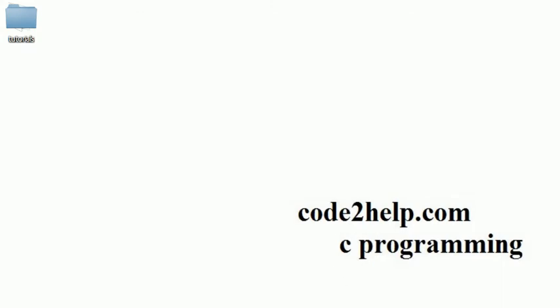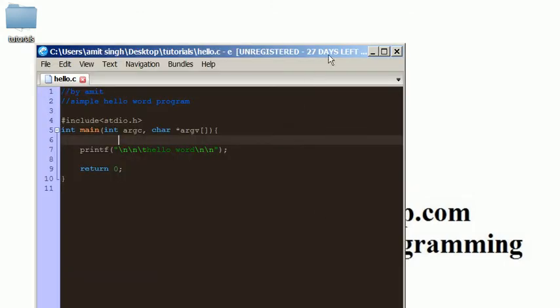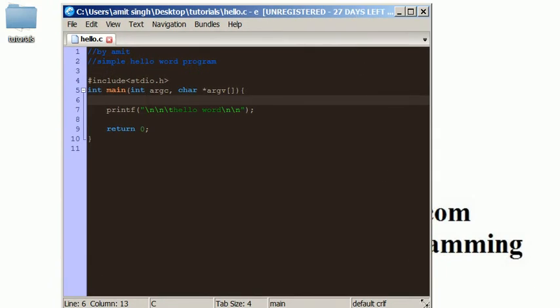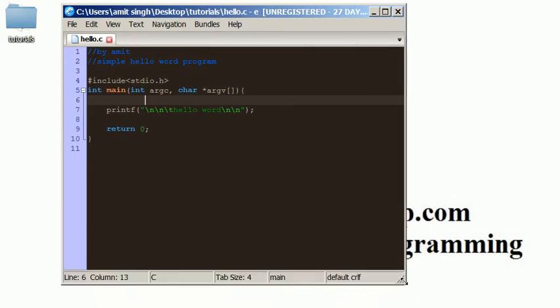So in the previous video, we already made our first program which simply shows a message on the output console, and we already learned how to compile and run our simple C codes. So in this video, we will learn how we can get input from the user. Okay, this is going to be an interactive program. In this we will take input from the user.